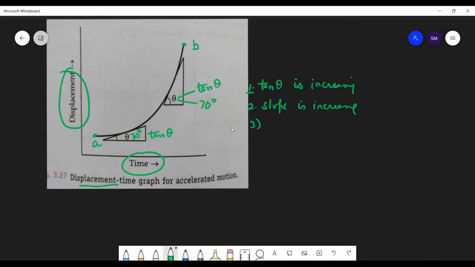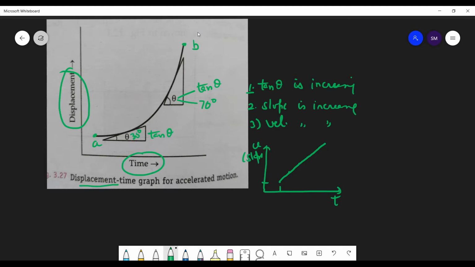Now, which physical quantity is the slope here? Rate of change of displacement, that is velocity. So it means velocity is increasing. So draw a graph. Velocity is increasing. Velocity-time, and this velocity is nothing but the slope. So the slope here is, suppose, 2, then 3, and this way the slope is increasing. Students, how do you know this line comes?